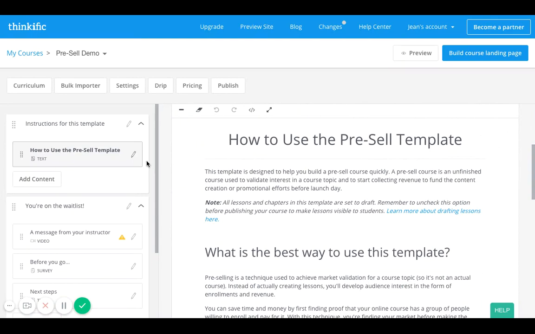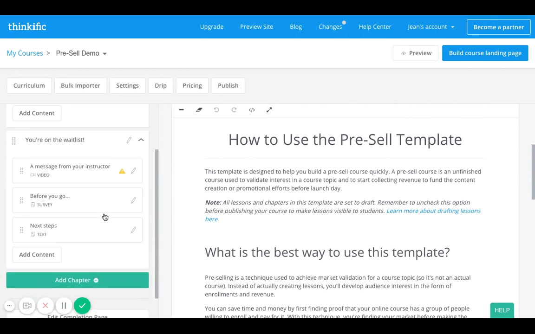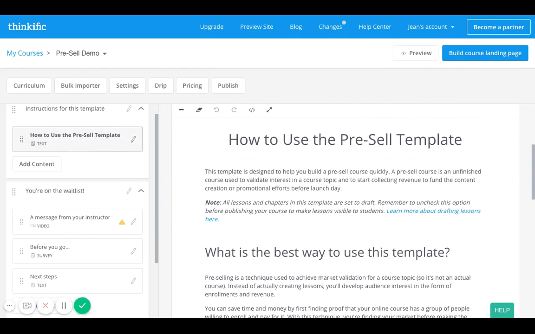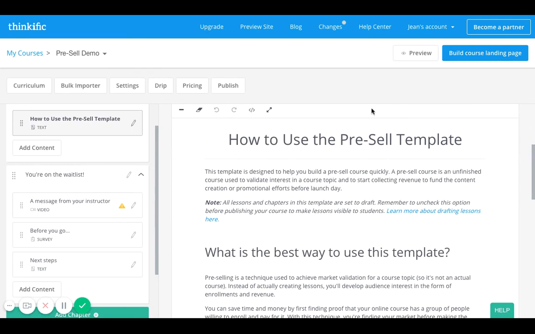So first of all, there's two aspects to this pre-sale demo template. The first thing is this is the curriculum, the layout of what people will see when they're in it. And then there's also right here the course landing page. And I really wanted to emphasize that it's not just one without the other, that these two are both important